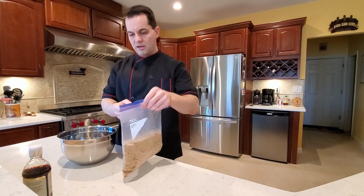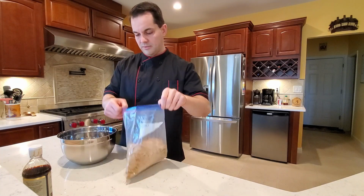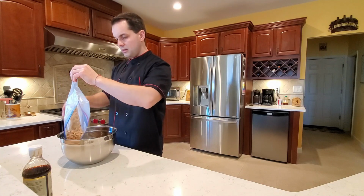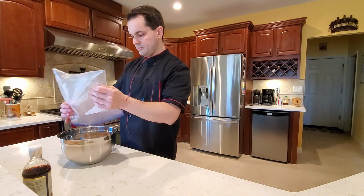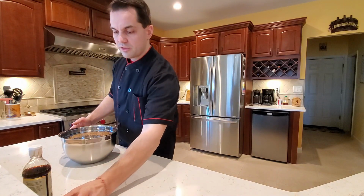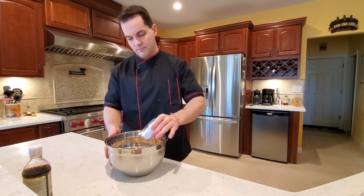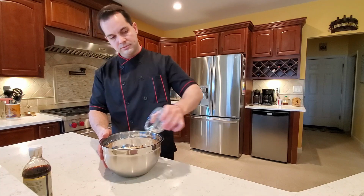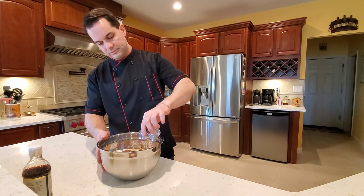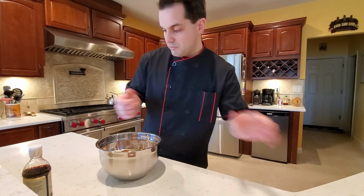This is what comes out at the end. And we're going to mix it right in the nuts. Following that, we are going to throw our powdered sugar right in the mixture. We're going to do our cocoa powder. And we're going to mix it real quick